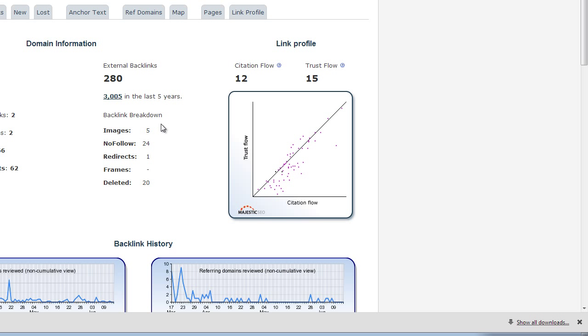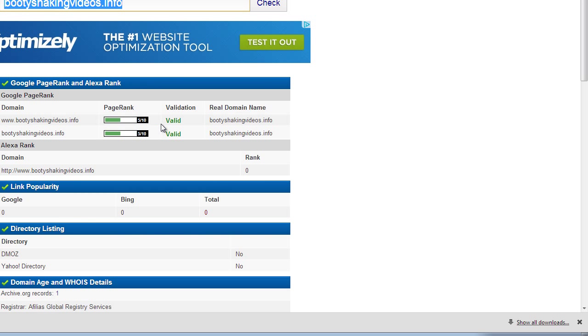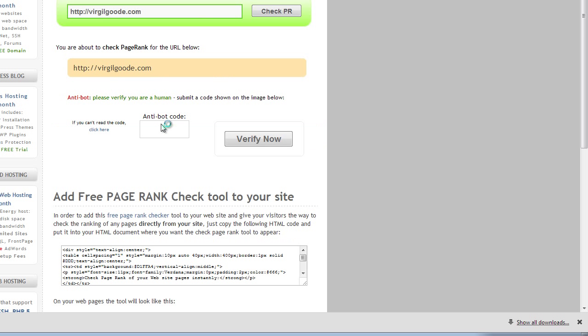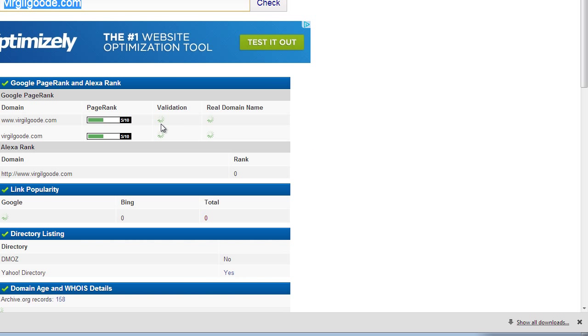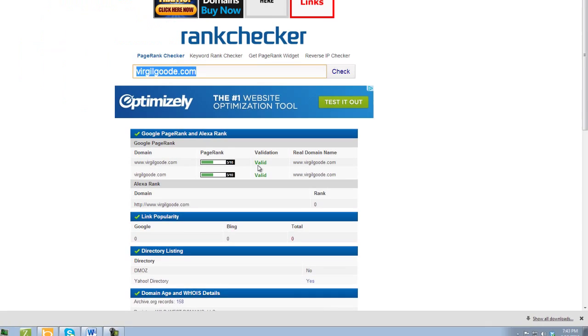Next step is to actually verify that it is indeed a PR5. So I'll stick it in here and also stick it in here. Okay, so 5. Okay, good here. Valid, valid, all good. Okay, we're good. So next step,